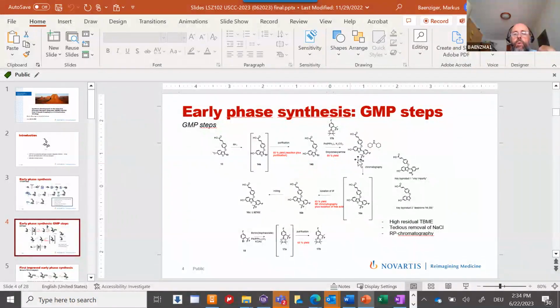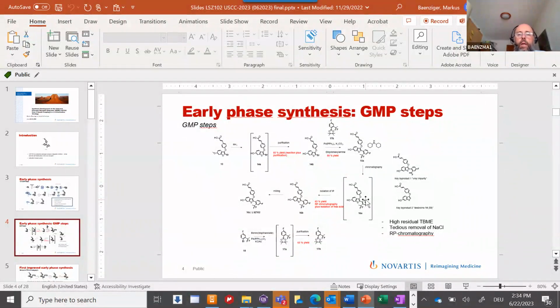The crude drug substance free acid could be isolated, actually crystalline, as a dicyclohexylamine salt. We had two major impurities. One was the desbromo coming from the Suzuki coupling, and the other one was a vinylic impurity, just an HF elimination. They could be partially reduced by this dicyclohexylamine salt, but however,